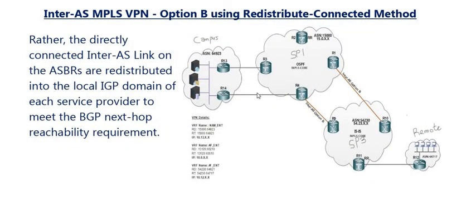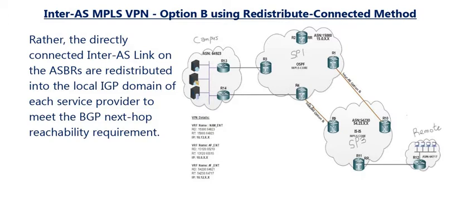And that is what is shown here. In this case, we do not specify next-hop-self like I said before. We only simply pick this local inter-AS link on the R1 and redistribute it into OSPF, being the internal gateway protocol on this ISP1. The same thing is done on R4